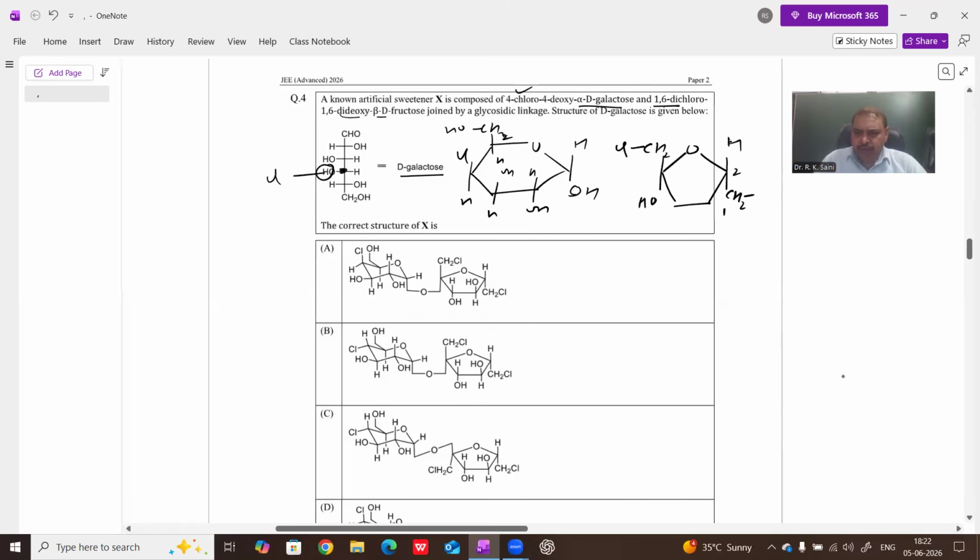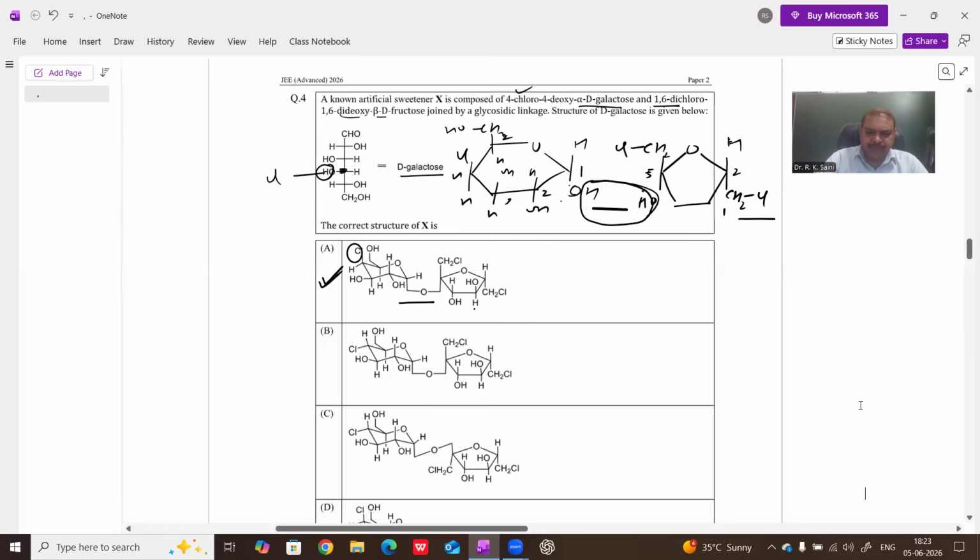By reverting the molecule, this is the Cl, and by glycosidic linkage, a water molecule is removed from the first carbon of galactose and the 5th carbon of fructose, and then the glycosidic linkage is there. Then we consider the orientation 1, 2, 3, and 4. Carbon 4 of galactose contains chlorine upward, and the glycosidic linkage forms downward by the removal of water from both sides. And CH2Cl is downward. Therefore, the first structure is correct. In the other structures, Cl is not upward and the glycosidic linkage is not downward.